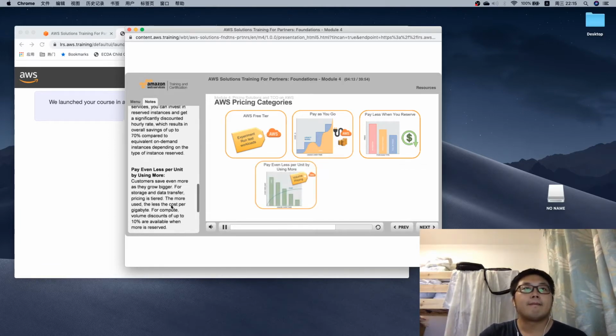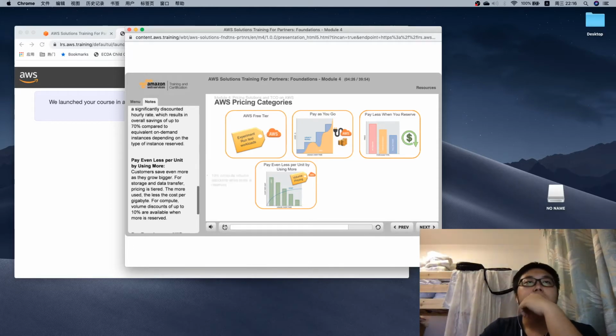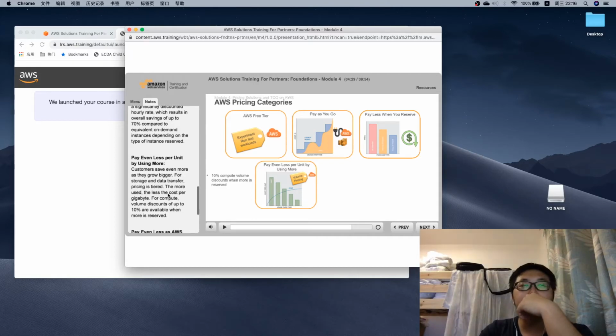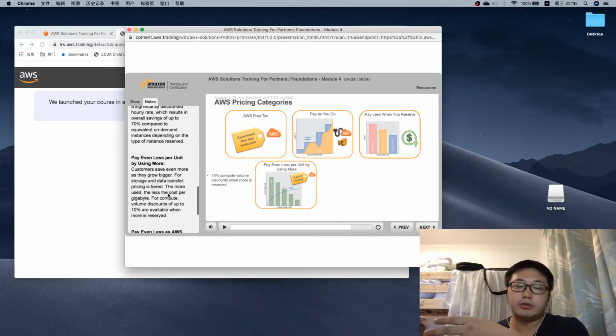Pay even less per unit by using more. Customers save even more as they grow bigger. For storage and data transfer, pricing is tiered. The more used, the less the cost per gigabyte. For compute, volume discounts of up to 10% are available when more is reserved. 这边就是延伸上面的说了，上面说的是你保留、锁定了某一块的资源，说你这个月一定会用到多少，那么你用这个，它就会给你更多的折扣。